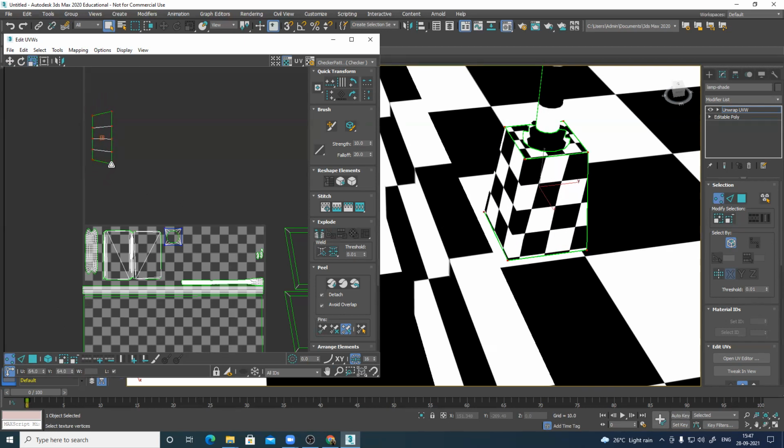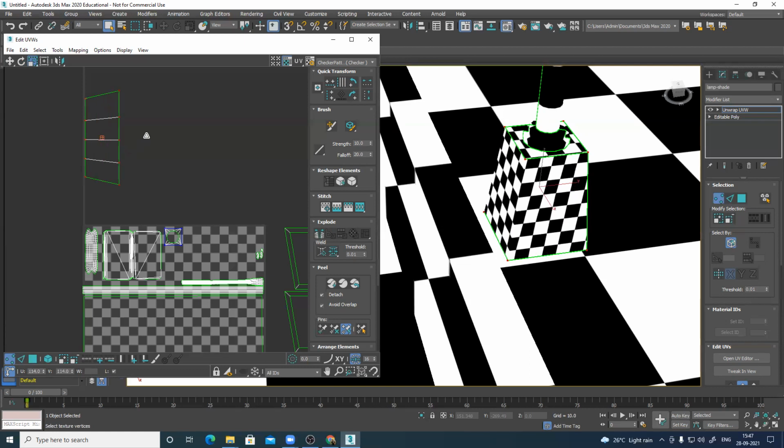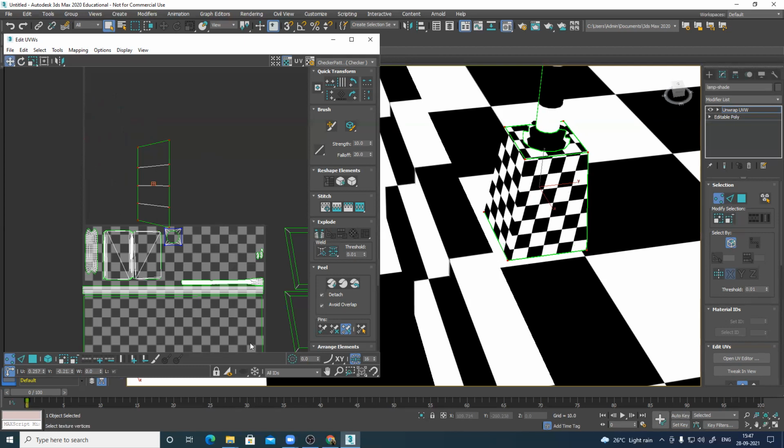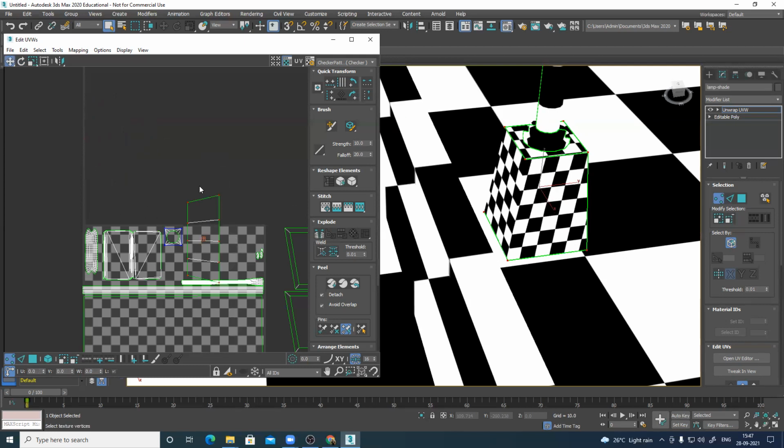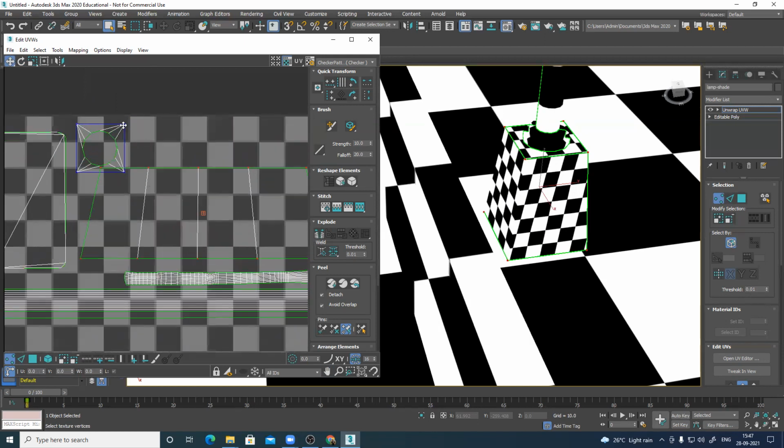Resolution wise, this part and this part, I'm trying to match the resolution. So I'm giving space and resolution wherever it's required.